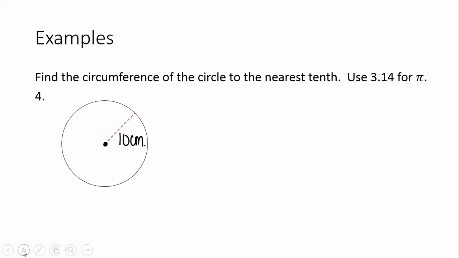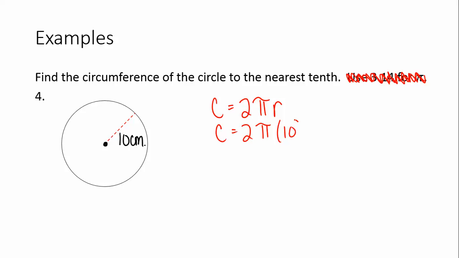So we want to find the circumference of the circle to the nearest tenth, and we don't want to use 3.14 for pi. So we need to make sure that we understand we're using the pi button on the calculator because that's going to be important as we head into I-STEP. So the circumference of the circle is, if we have the radius, 2 pi r. So we just fill in 2 times pi times 10, and we use our calculator. 2 times pi times 10, and that gives us